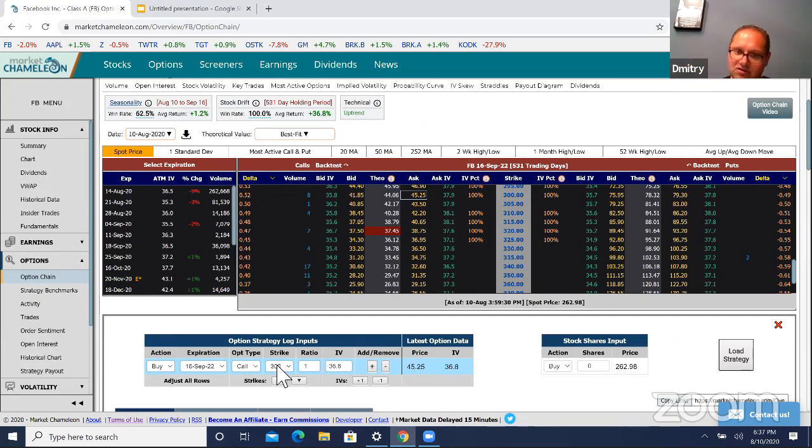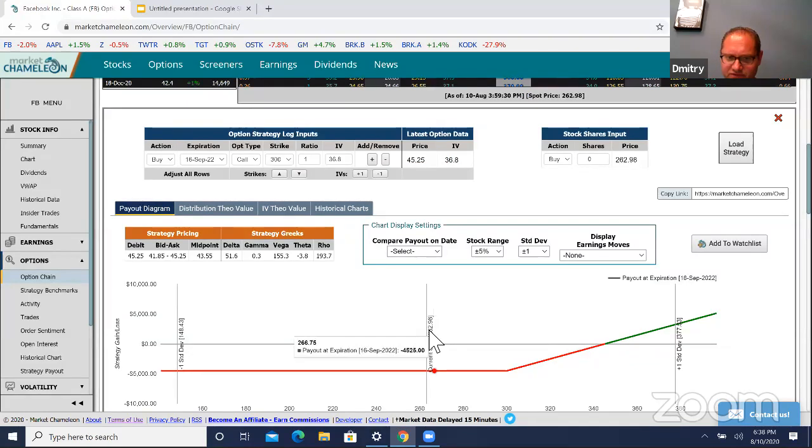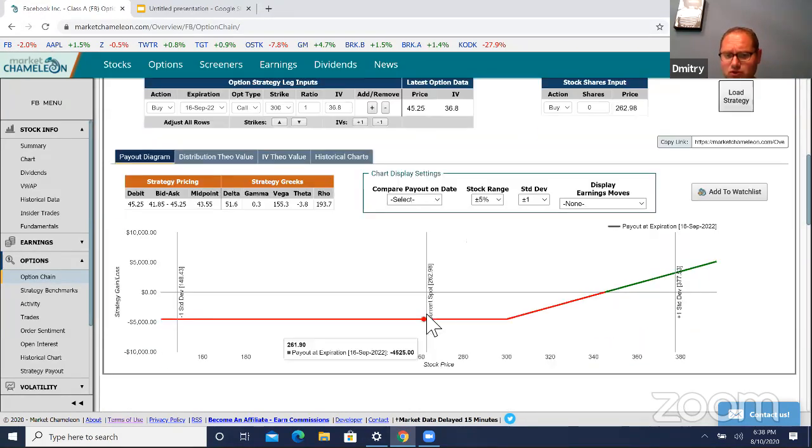So really, if it's out of the money, and we call that out of the money, we talked about in the money, out of the money means the market is away from that strike. Then this would be worthless. So let's look at that chart. Over here, if this is 262, this line here, if the stock closes at 262 or anywhere below, we would lose this